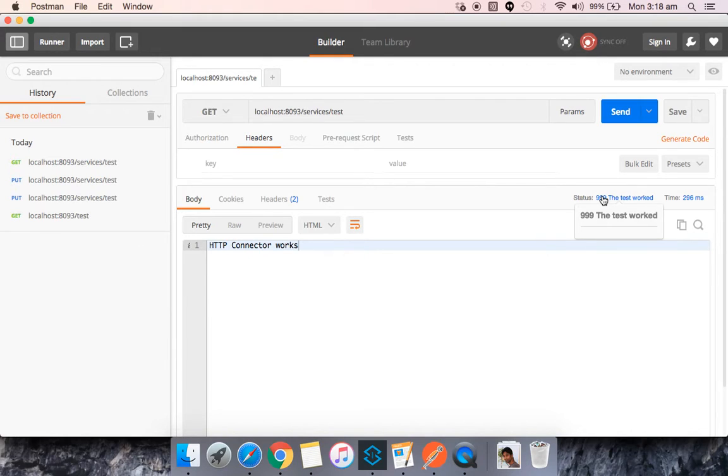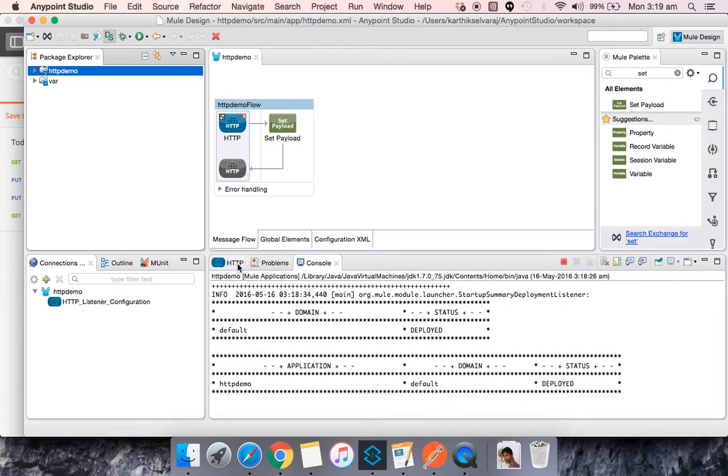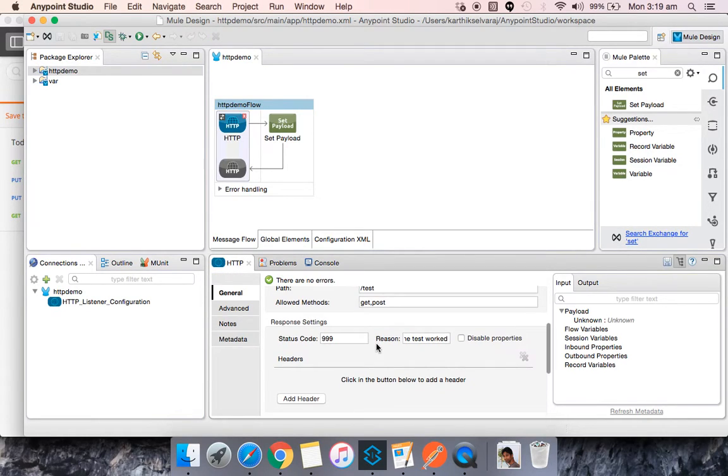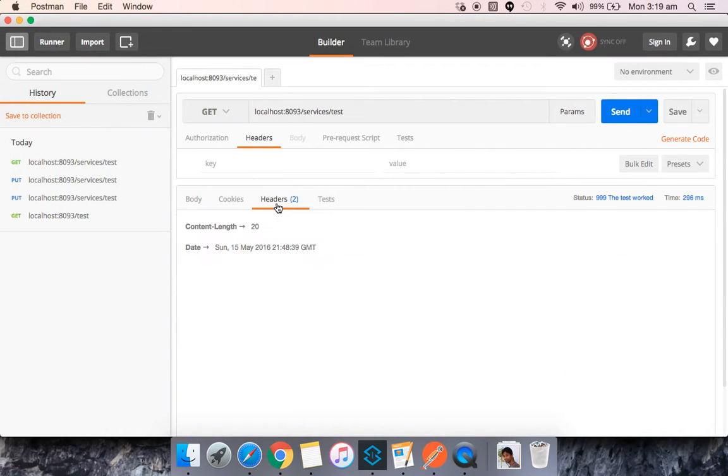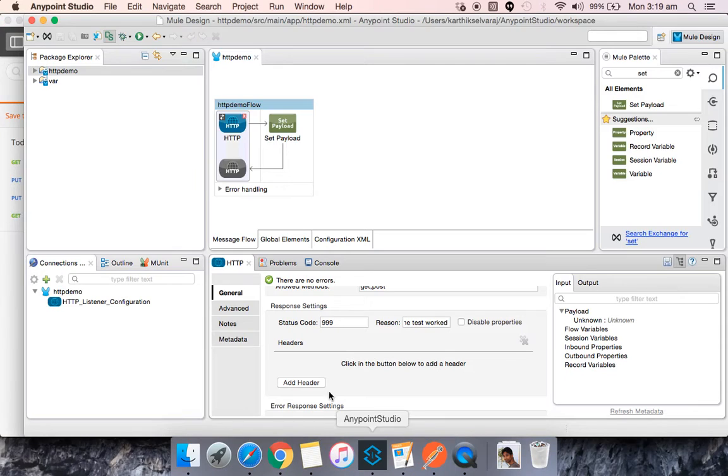Mostly there will not be any scenario for you to provide custom return codes, but just to explain the property that we have available in Mule, I am explaining this. Also, you can add additional headers in your response. You could see these two headers. If I want additional headers, I can add them over here as well. If they want the developer name, I can have it as developer. It's a key value pair: a name, and you give the value.